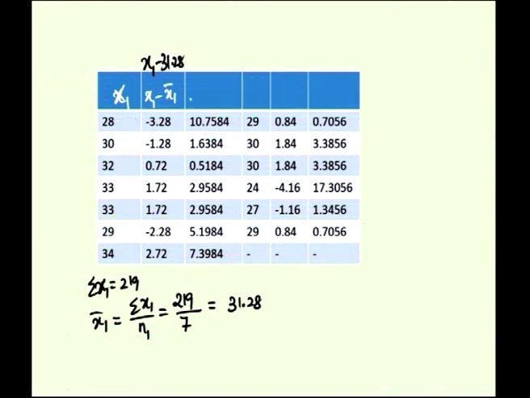Okay. And then this particular value is x1 minus x1 bar whole square. This is the square of these values. Minus 3.28 whole square is 10.7584. Like that, this particular column is being formed. Then this is x2 and this is x2 minus x2 bar, and this is x2 minus x2 bar whole square. Like we have calculated for x1, we have to calculate for x2 also,